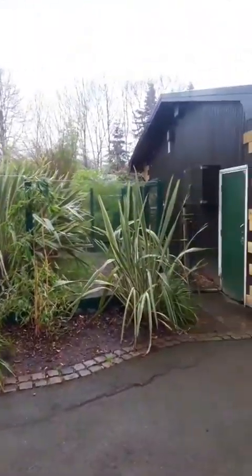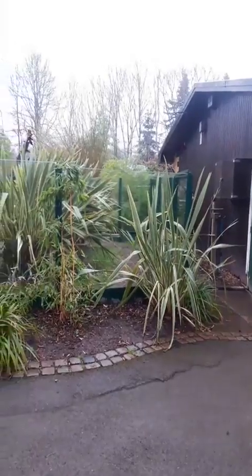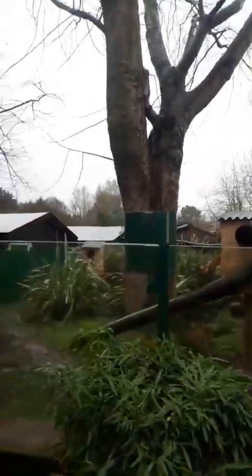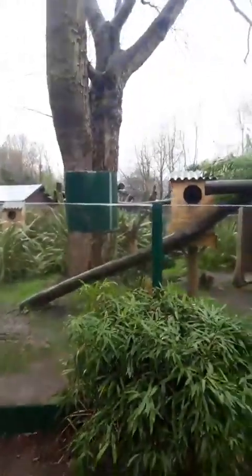So yes, like I say, talk about the red panda here. So this is also trying to provide a naturalistic environment, but it's a little bit different with our panda. As you can see, the big tree that we've got for our panda does have a collar on it, so we don't actually let Mo up the tree, mainly because